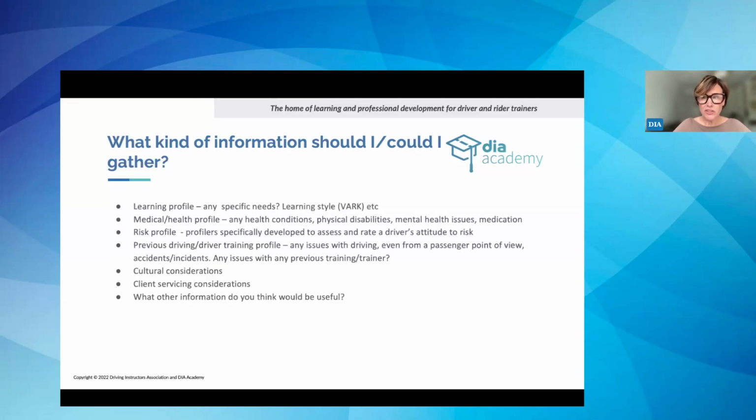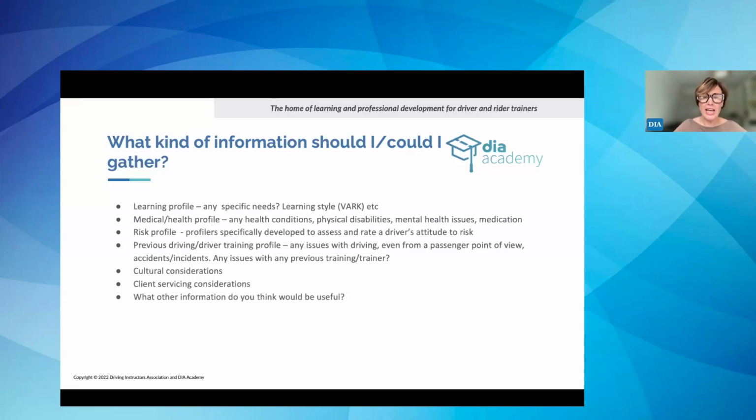So in terms of the information gathering side of things, in terms of that learning profile box, we would look at things like any specific needs that pupil had in terms of their learning, as in, do they have any specific educational needs, but also what is their learning style? And we'll touch on VARK to some degree in a moment. Some of you will be familiar with VARK. It's a very good set of profiles of types of learning attitude and need. And for some of you, it's a new subject, and we've probably got a webinar on that already, or an article, or it's something that we haven't got and we should put together.